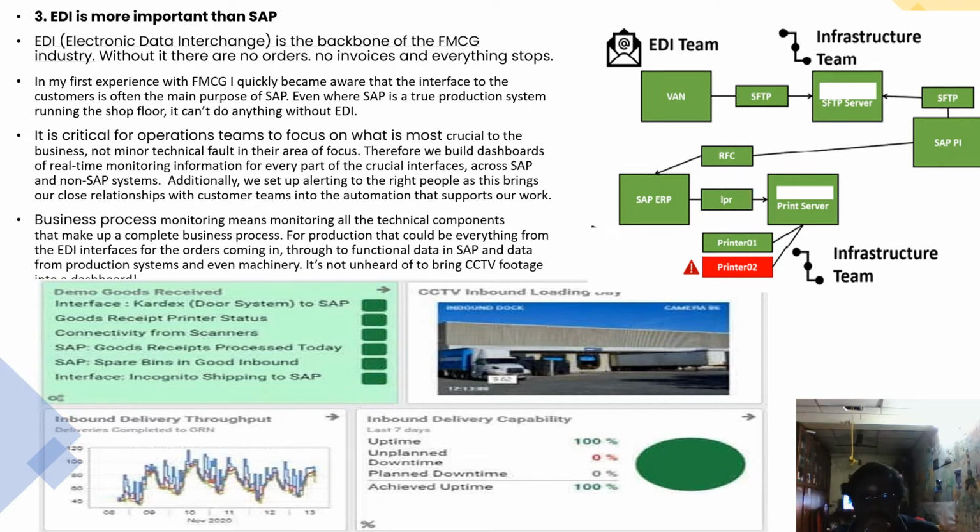All this SFTP protocol and everything will be monitored by the infrastructure team, whereas PI will be monitored by the dedicated PI/PO team. And all the operations, inbound, outbound, picking, packing, shipping, loading, docking, everything